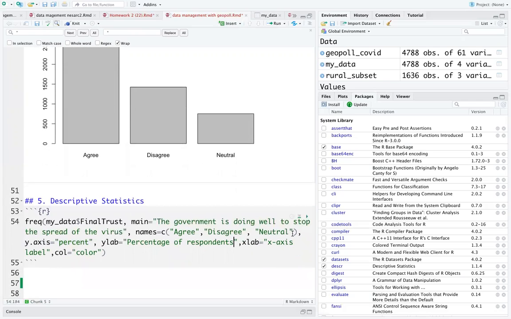Then the x label is the label of the x axis, so these are the perceptions. Then the color is the color you want it to be. I usually don't like adding colors to my graphs, but maybe blue. Some of you use line shadings; please avoid that. Just use one color. I don't think you need to have so many colors, rainbow and all these things. So if I run this,